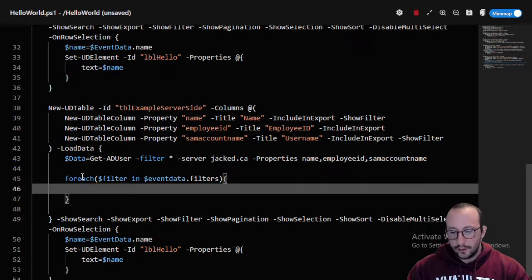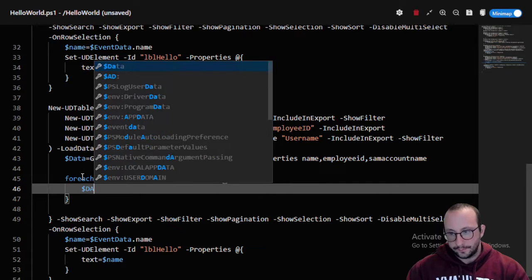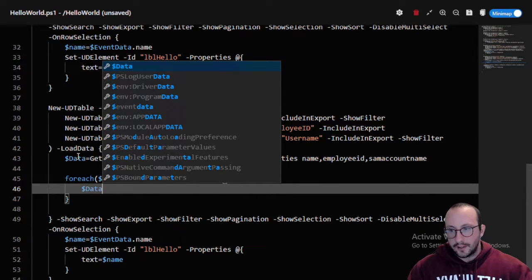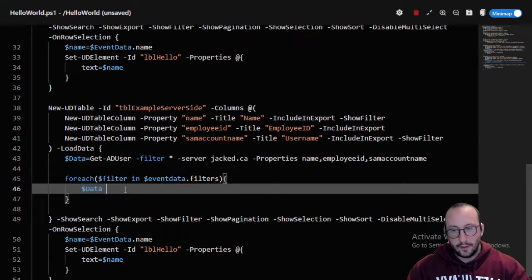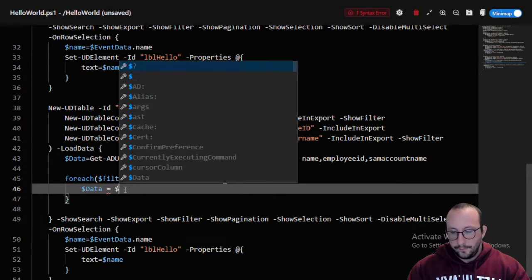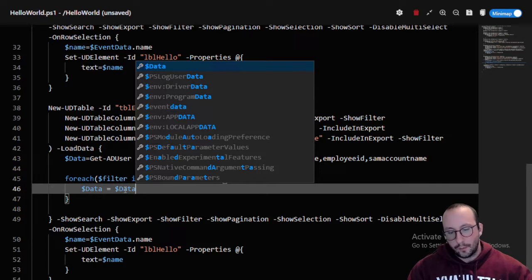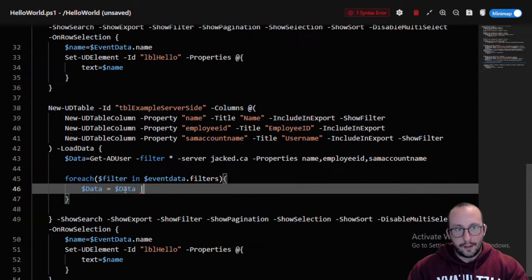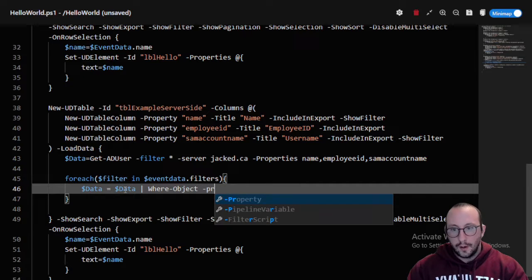And then in here, we're going to do a data variable, referencing our data variable from up here, equal to data. Once again, we're referencing our variable, and here we're going to pipe that to a Where-Object property